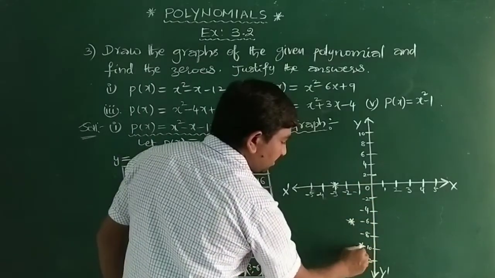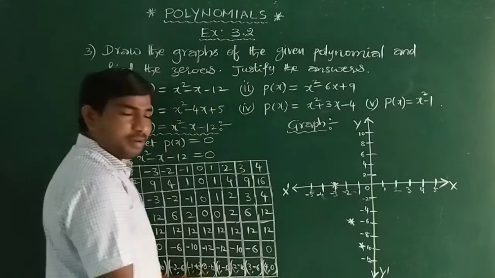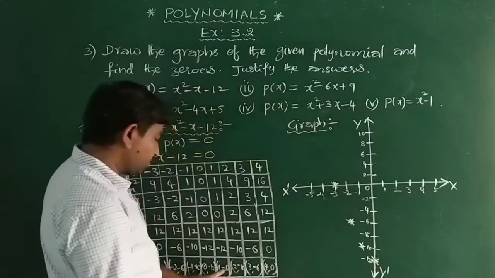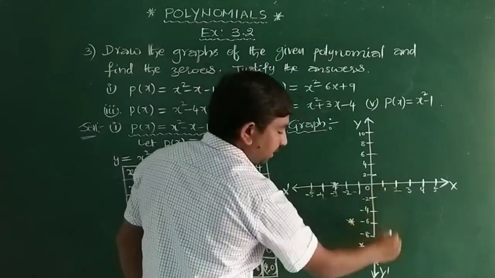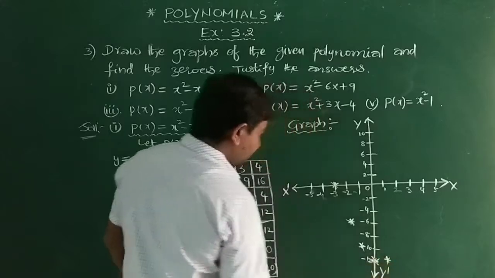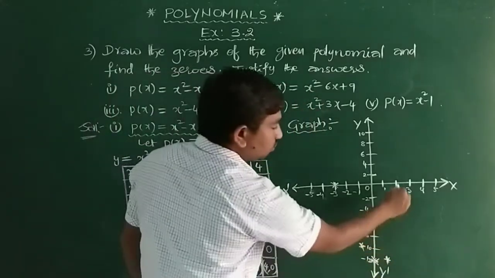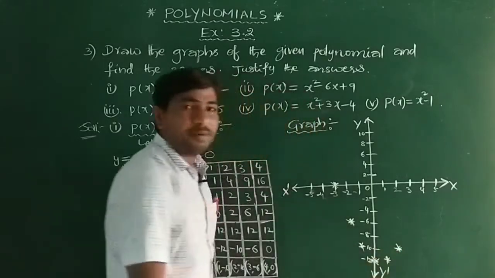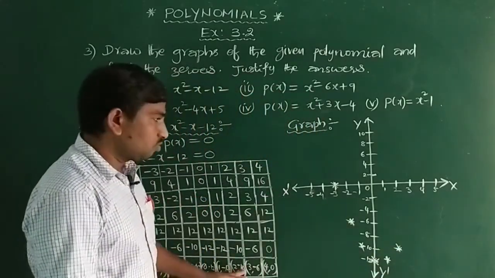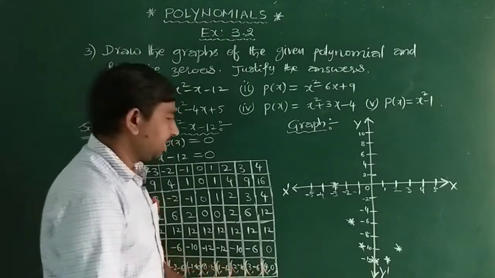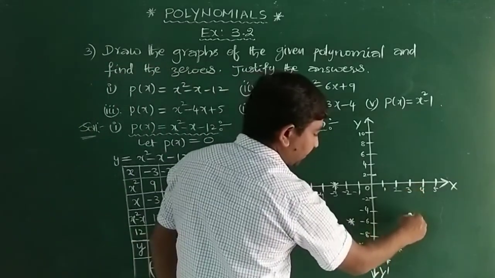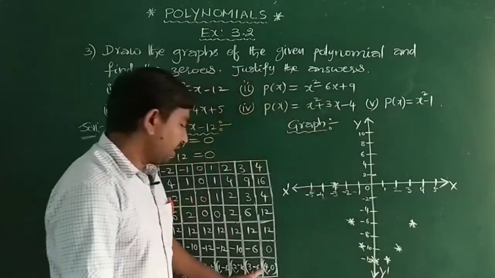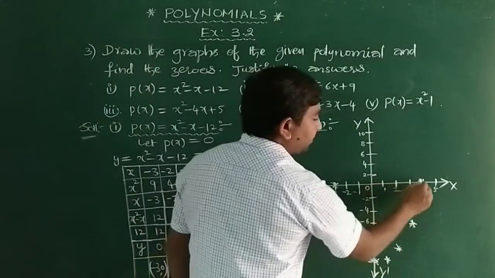This is minus 1 comma minus 10, and 0 comma minus 12 is on this line. Next, 1 comma minus 12, plus 1 and minus 12, is here. And next 2 comma minus 10: 2 and minus 10 is on a parallel line, you will get it like this. On the graph paper it is better to understand. Okay, so 2 comma minus 10 and 3 comma minus 6. Then 3 comma minus 6 is down here, and 4 comma 0 is here.